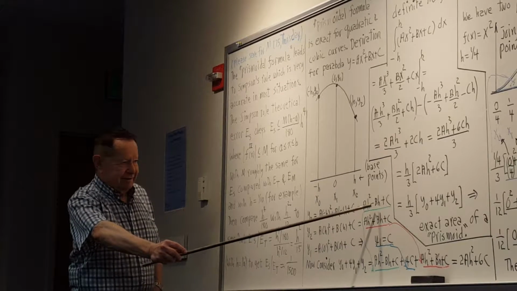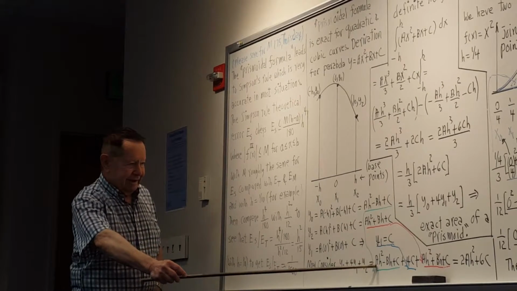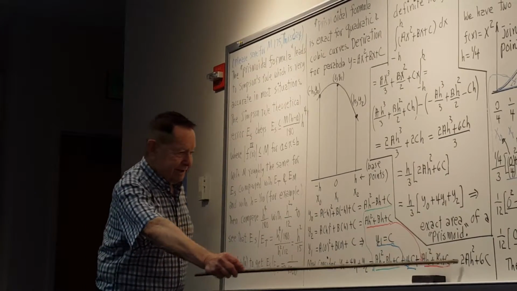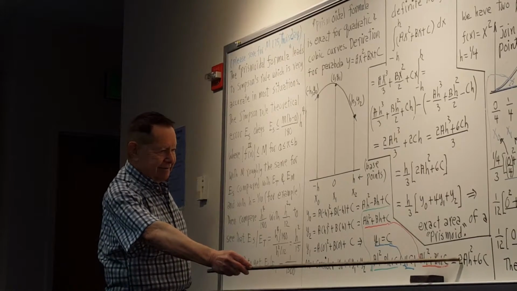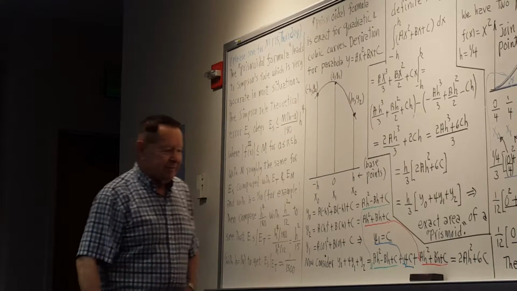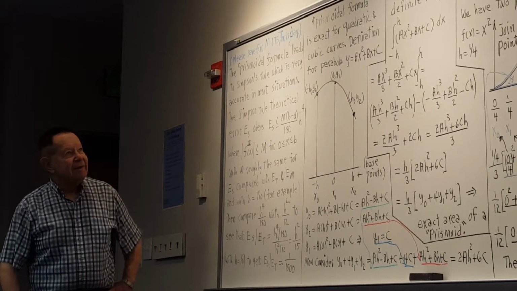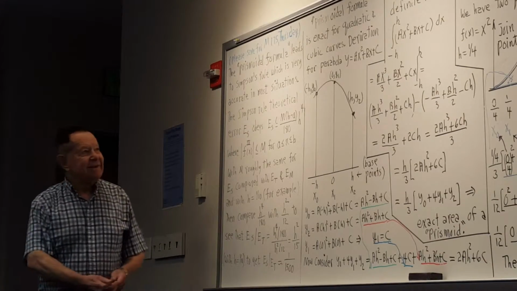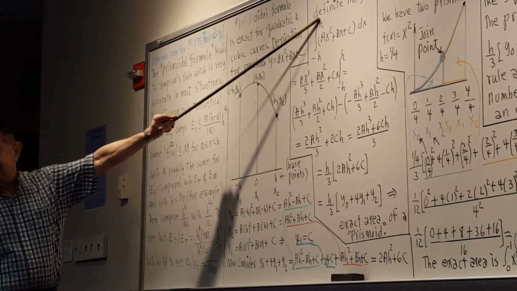So you take the green, the red, and 4 times the blue here, which you see I've done, and add it up, you get 2a h squared plus 6c. And your natural reaction to that is, so what? Well, here's what. If you do the definite integral, which is your exact area,